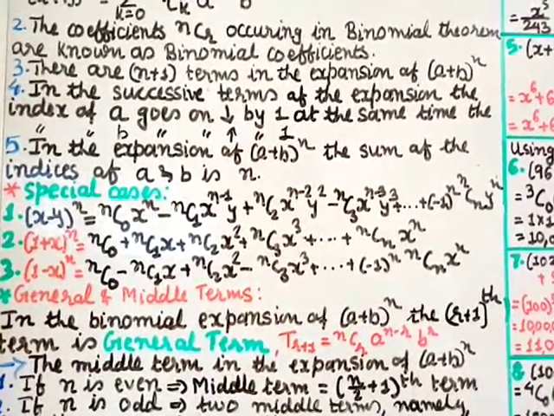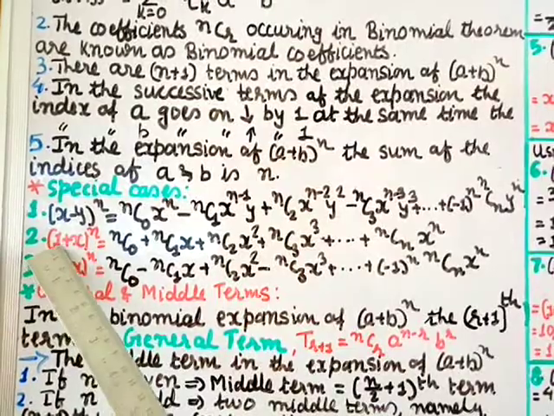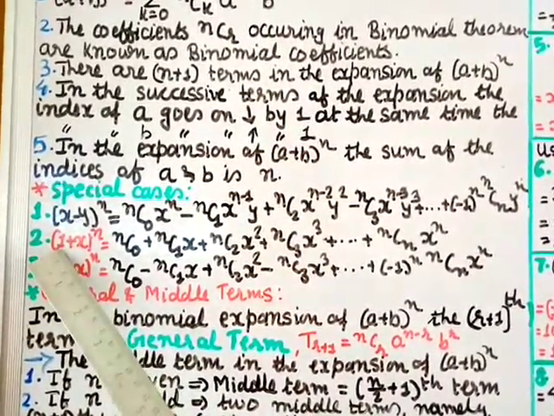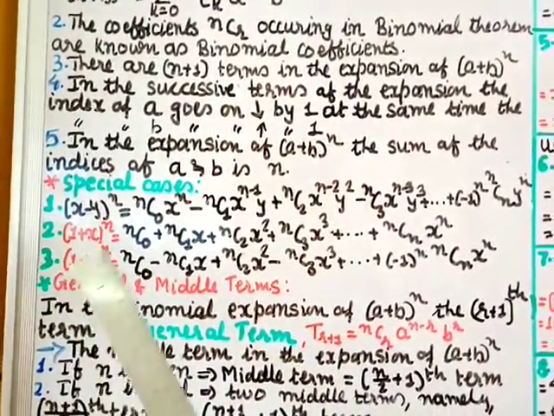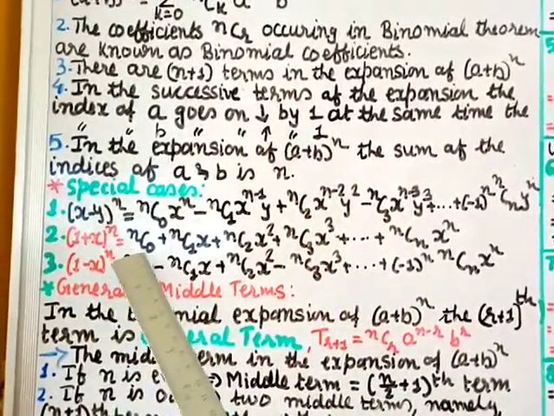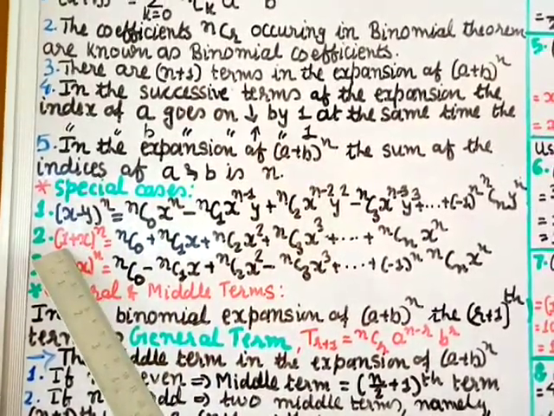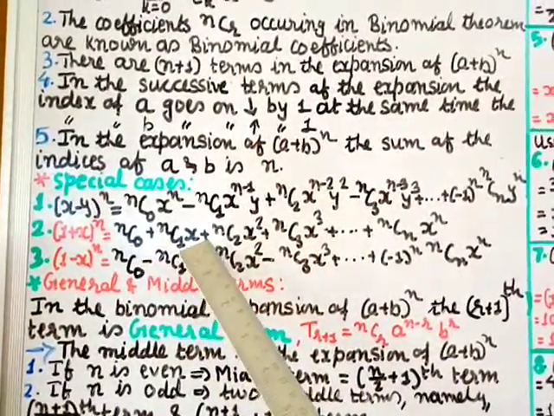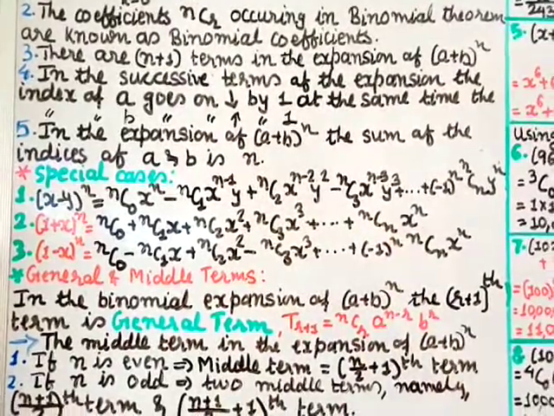Okay. Number 2 is (1 + x)^n. So here the first value is 1 and the second value is x. So 1 power anything is 1. So we are not going to write the first value, or the value of a, but we'll write the second part, that is x power. nC0 into 1, but 1 power n is 1. So only nC0. Okay, this one. Plus nC1 x^1, right? This is 1 power n − 1, but 1 power anything is 1. That's why we don't write it. Plus nC2 x² plus nC3 x³ plus up to plus nCn x^n.